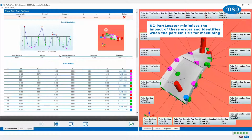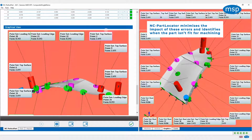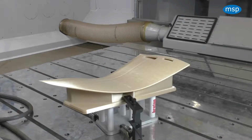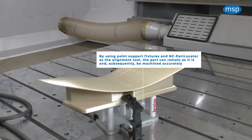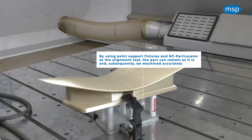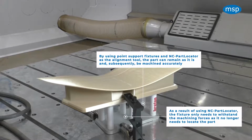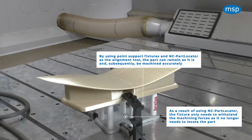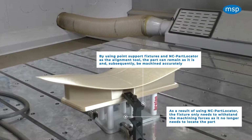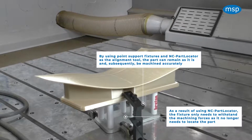If we were to machine that part, it wouldn't be correct for final inspection, and there's no point moving forward with that process. So how do we get around that? Well, we suggest that fixtures, you can see an example here that we've 3D printed to represent a composite blade on a fixture. And you can see the contact points are a lot smaller, so it means that if there's any surface error on that lower surface, it has less effect on how the part sits in the fixture